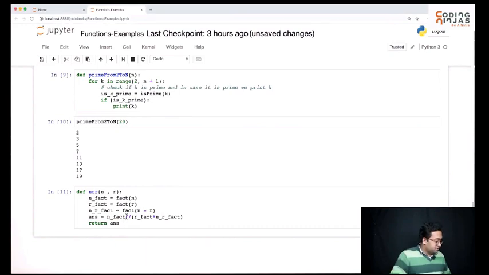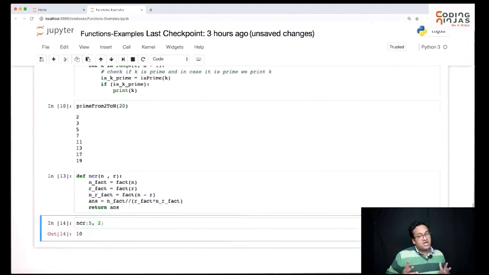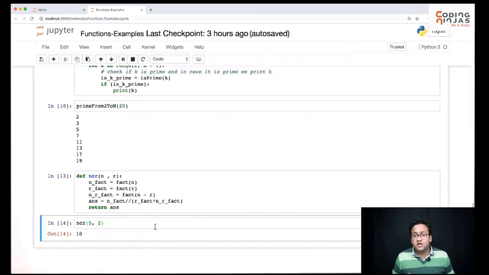So we have this function as well. Let me quickly call this function NCR 5,2, and I think that's the correct answer. Okay, perfect. So seems like we are able to write functions. We know how to return values. We know what we need to do if the function requires more than one value. Sometimes the function is just going to print it. Sometimes the function is going to return it. So it will depend from function to function what we want to achieve in that. Okay. I hope things are clear, and they'll keep getting better as we keep practicing more and more functions. Okay. Thank you.